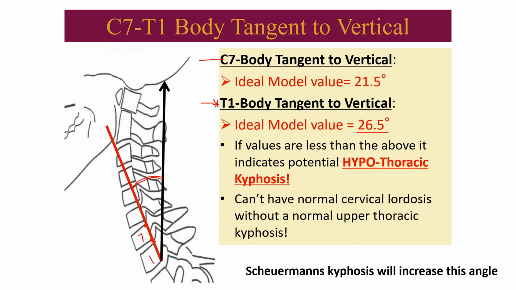Which would be approximately 44 degrees, okay? If I start seeing values that are less than this, it means the thoracic curve has reduced or has flattened. If I see values well above this, it means my thoracic spine has increased in rounding, or I have too much hyperkyphosis, okay? And so again, like this says here, you can't have a normal cervical lordosis without a normal